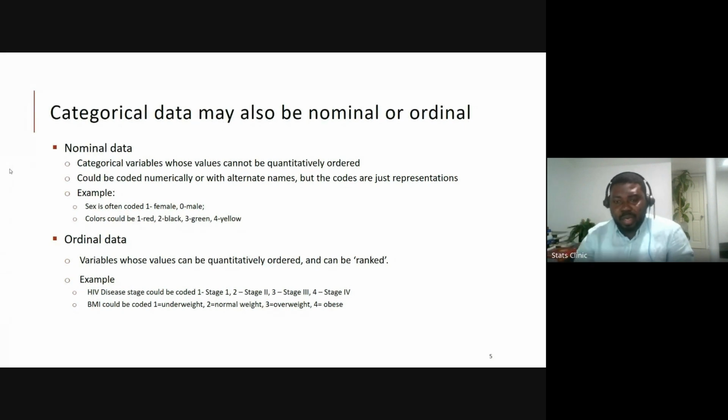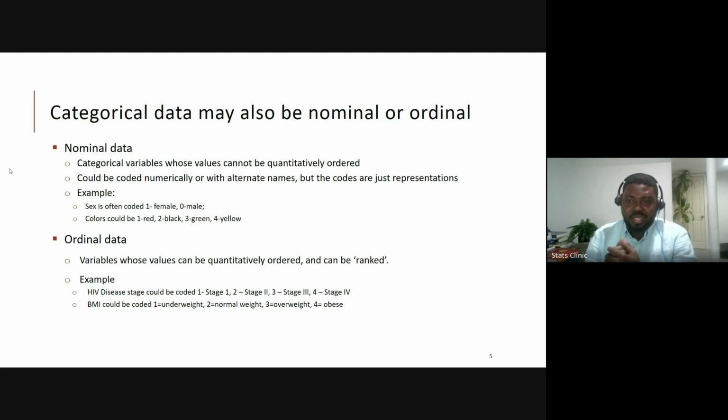There are nominal variables all over our lives and experiences, and there are also what are called ordinal variables. Ordinal variables tell us something about severity, like something is getting worse, or getting better, or getting more. We might have BMI, for instance, where there's underweight, normal weight, overweight, obese.